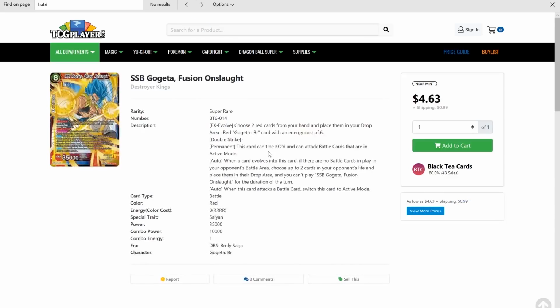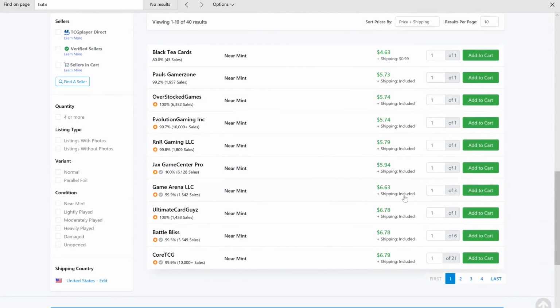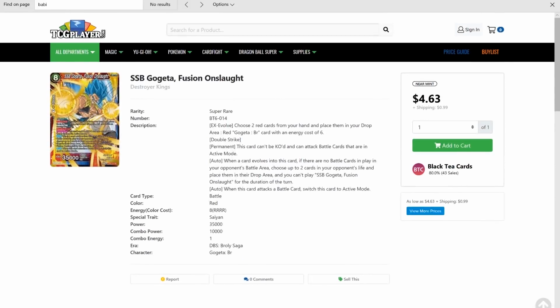If you want to play Gogeta, you need at least 4 of these Gogeta Fusion Onslaughts. It's going to be around $20 to get a playset, at least through him. It's only $6 if you want to go through this guy, and then it's about $24, $25 to go through him. But this card is really good because it's the final evolution of the final evolution of the Gogeta deck,